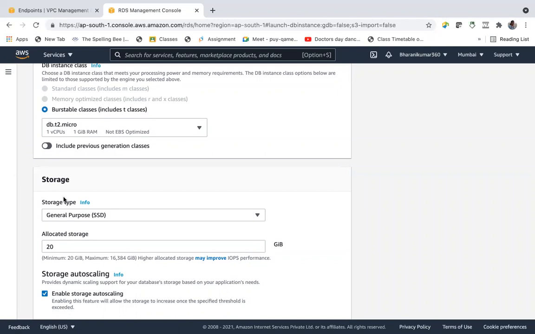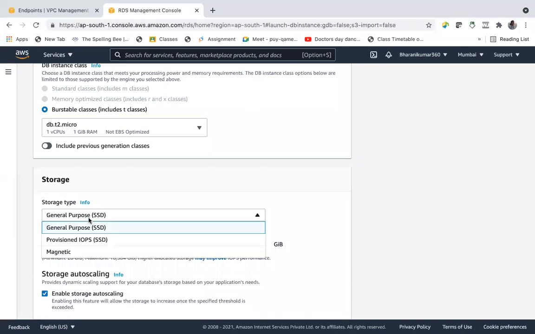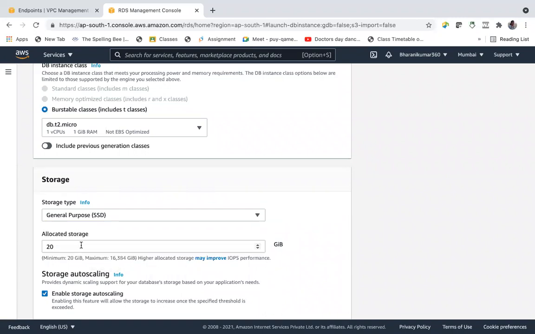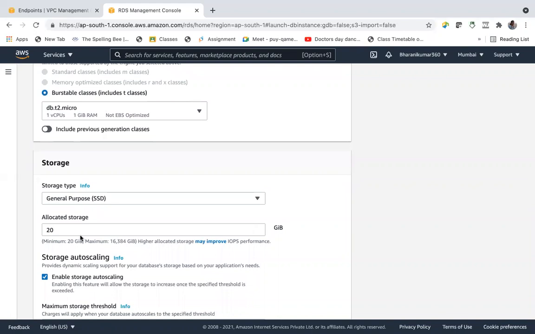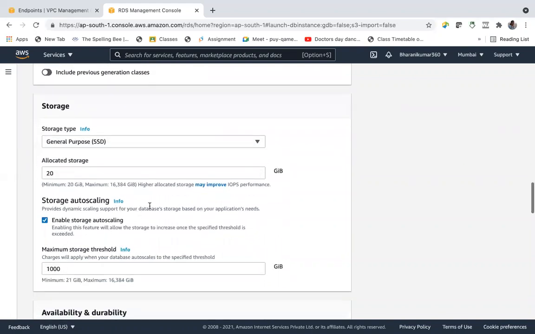See, the database service is actually running on some computer, an EC2 instance. So what storage of that instance do you want? Do you want SSD or provisioned IOPS or magnetic? Let's leave it as the default, general purpose. Allocated storage is 20 GB. If you want, you can increase it.